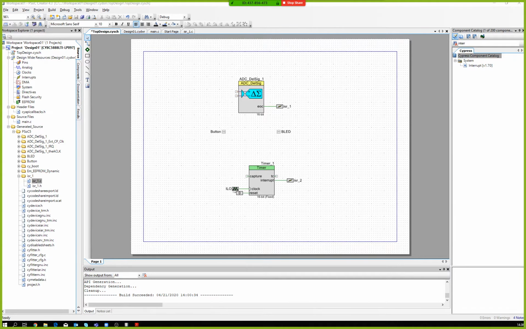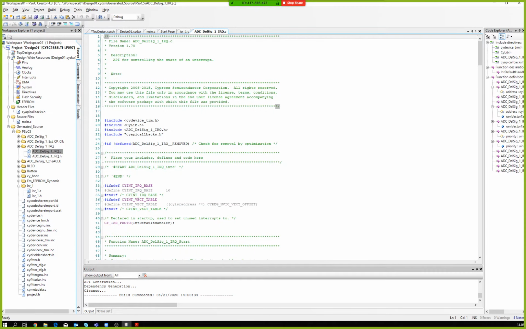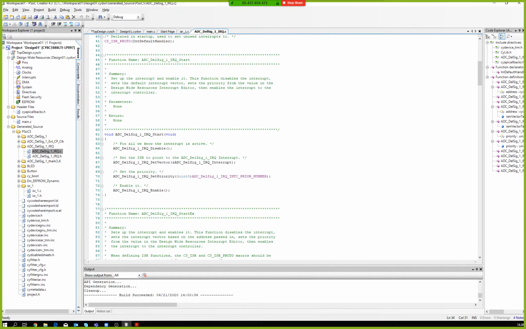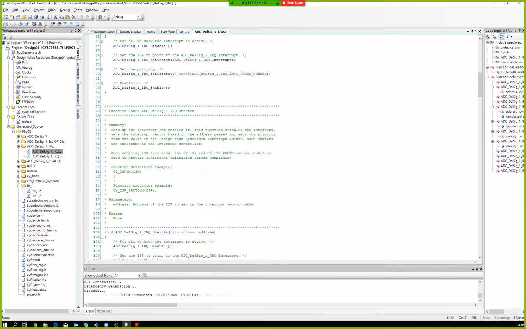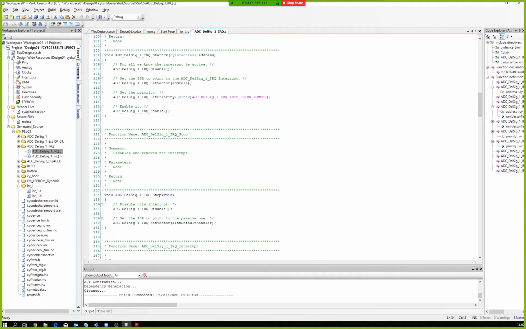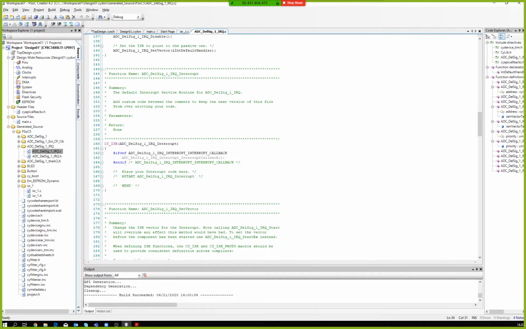Can I use ADC delta sigma 1 IRQ as ISR? I think you can. Let's see what it has there. Okay, default handler. Yes, you can. You can actually have this one. I didn't read the manual that well, so basically you can either put it here or